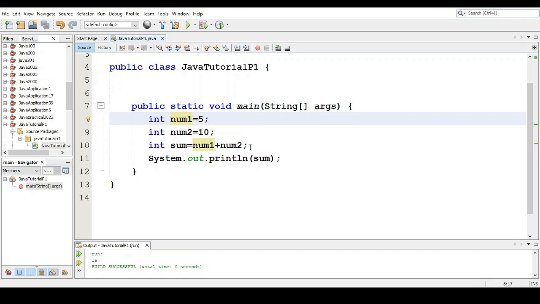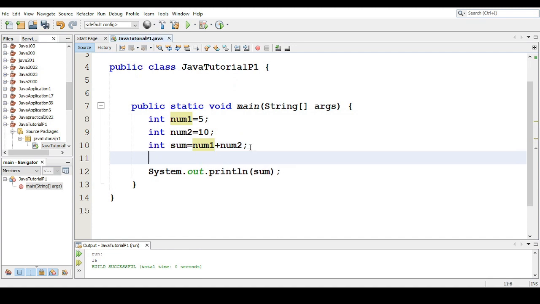Let's go ahead and modify this program and ask ourselves, what if we wanted to find the average of these two numbers? So you just come here and now declare another variable known as average. But then we need to ask ourselves, here 10 plus 5 is equal to 15. So the average is most likely to be a fraction because average is equal to sum divided by 2. So what is the most ideal data type? In this case, the most ideal data type is a double. So we come here and say double